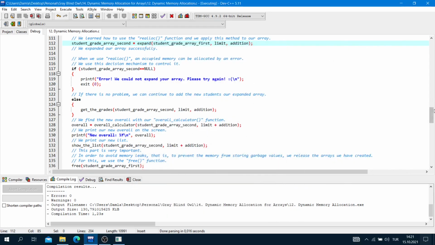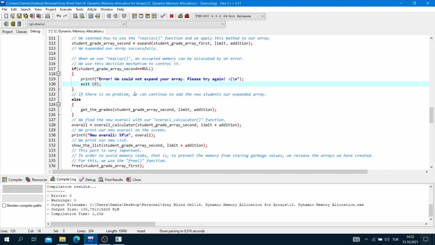with the realloc function. Okay, when we use realloc, an occupied memory can be allocated by an error. We use this decision mechanism to control it. Okay, if student grade array second is equal to null, printf error, we could not expand your array, please try again, exit 0.